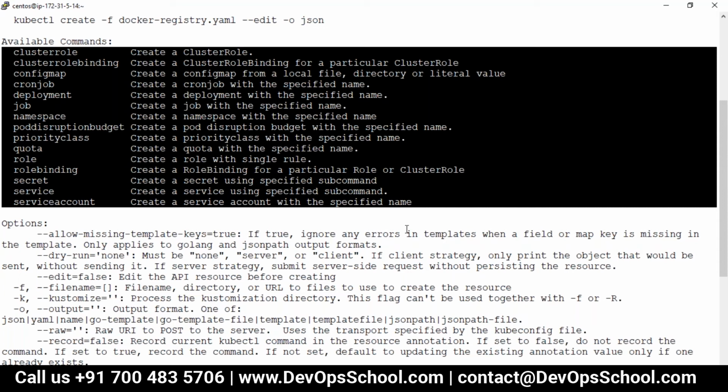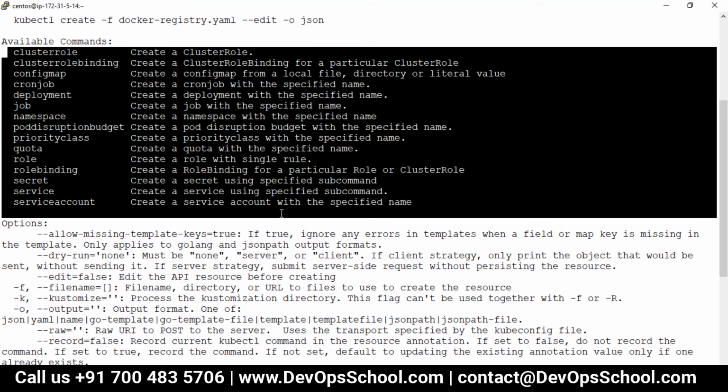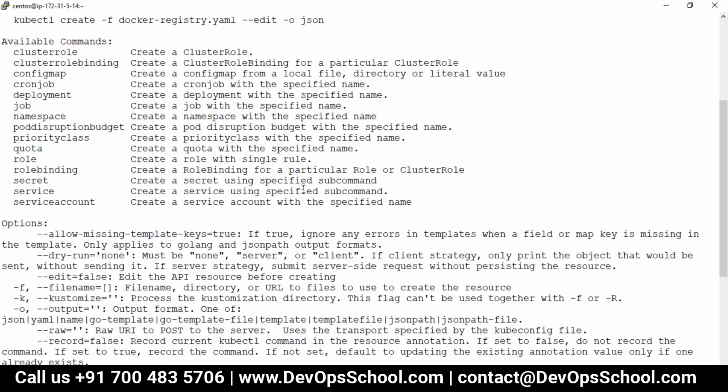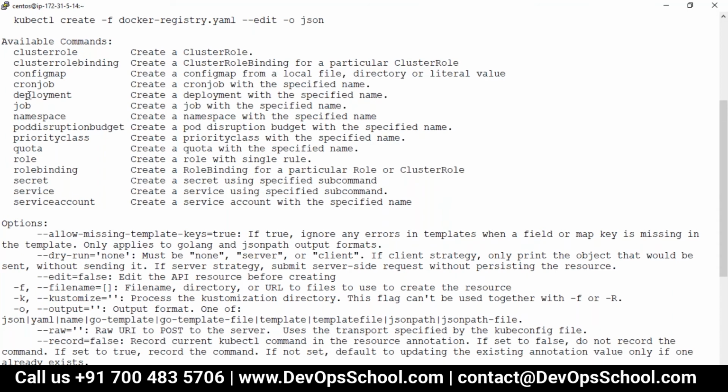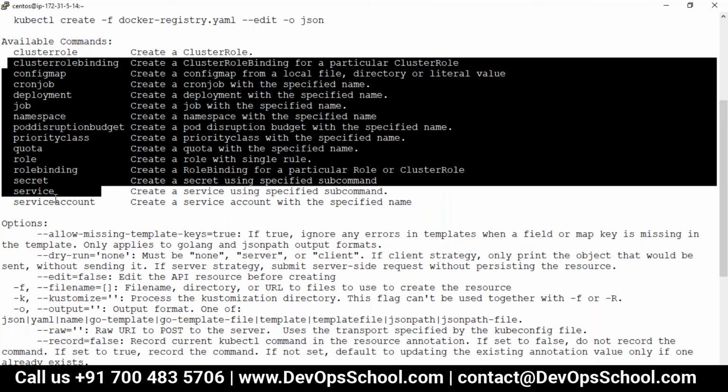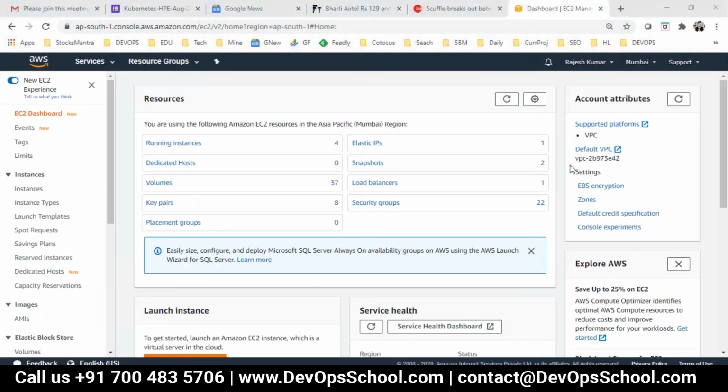A YAML file. Yeah, so guys, the command line is not supported for the pod. One thing I learned: RC also is not available. I cannot see that, but deployment is there, namespace is there, the rest of the things are also there, but RC and pod are not. No problem, if that is not there, we will create it through a YAML file.